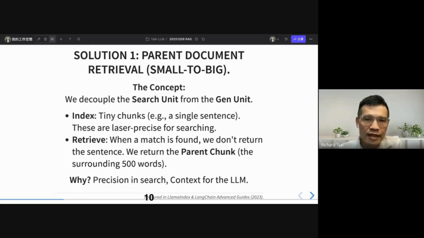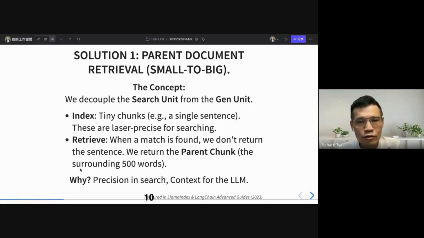For the index, they use tiny chunks, for example a single sentence. These are laser precise for searching. For retrieval, when a match is found, we don't return the sentence. We return the parent chunk wrapping the sentence, that is, the surrounding 500 words.